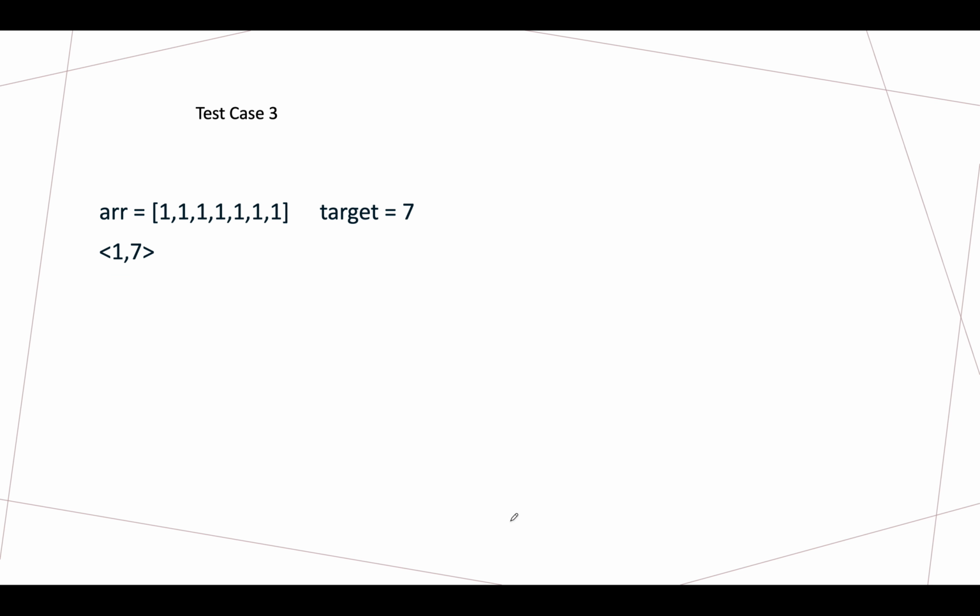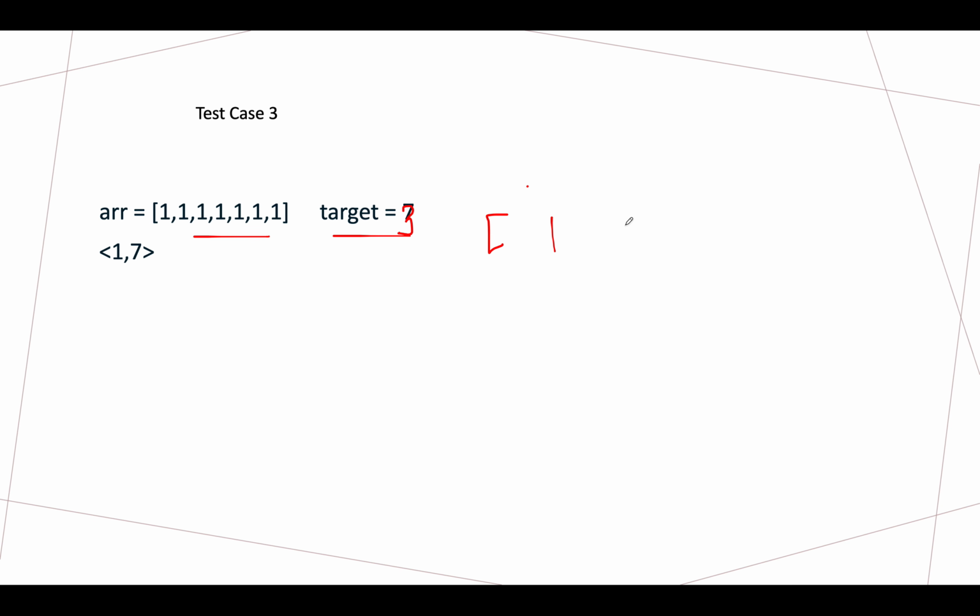Let's talk about case 3. Here we have 7 ones and the target is 3. So in how many ways can this be done?